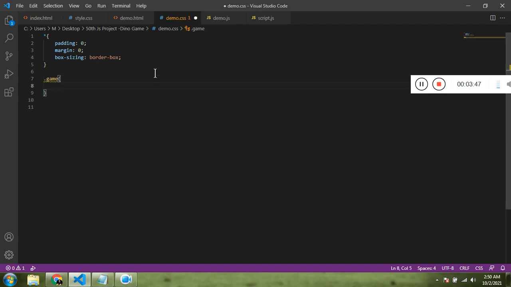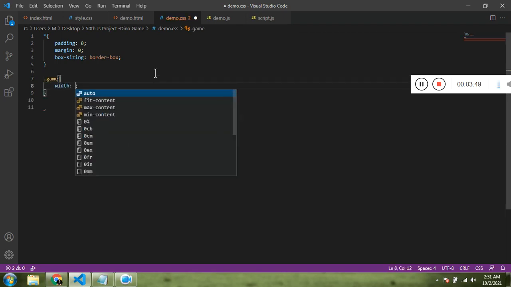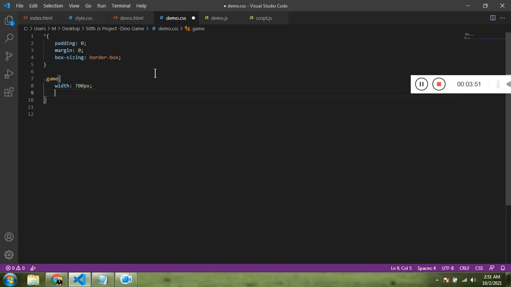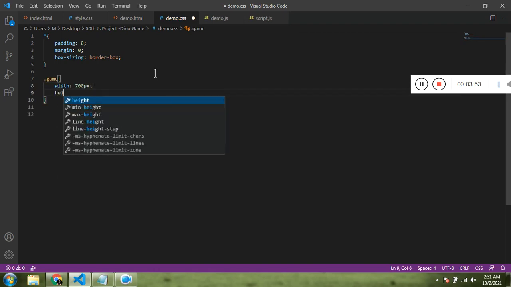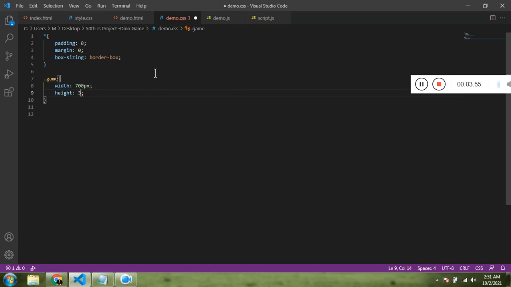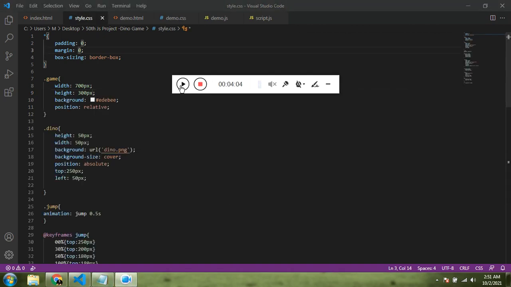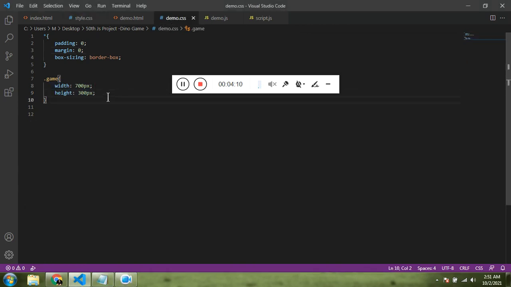Here we are going to use a width of 700 pixels and a height of, let's say, 300 pixels. So here it is purely going to be a math calculation. Now just to save time, I'm copying the same height and width which I have used in the example. Cool.